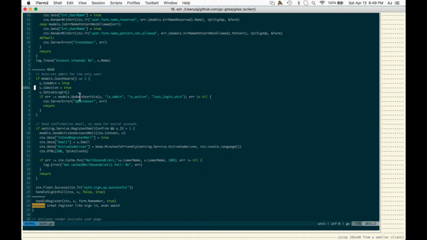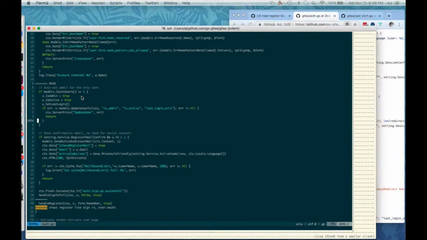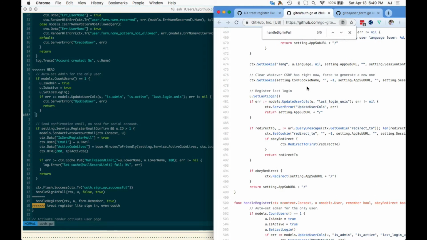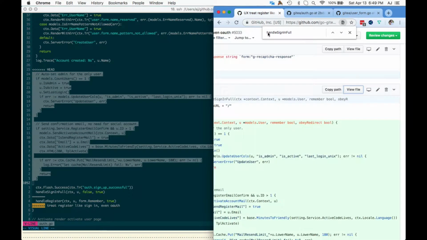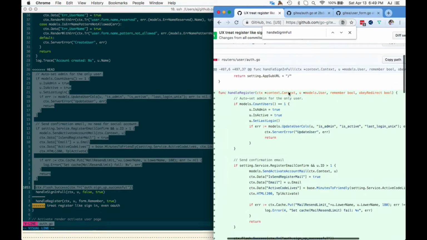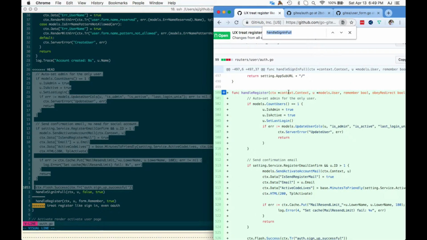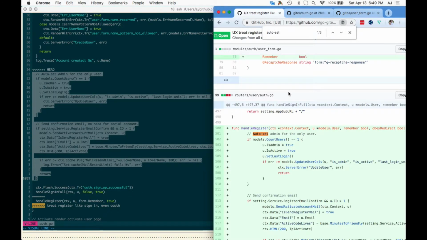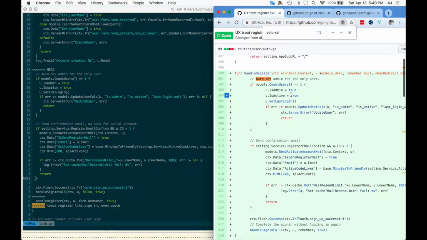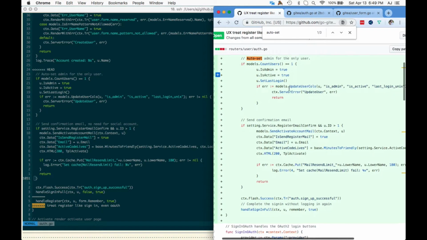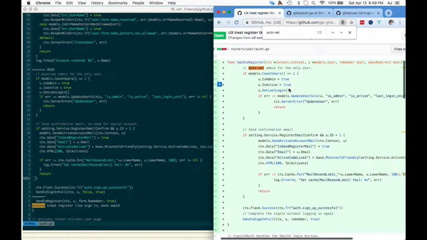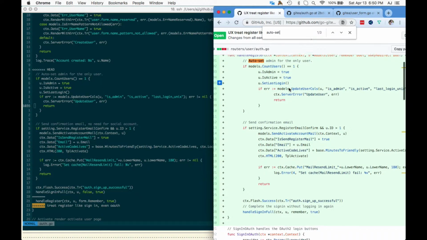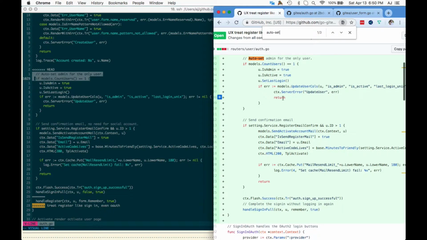And this is going to be essentially the same thing. We just need to see if the old one is the same as the one that we're looking at now. So I'm going to go back over, look at the diff. And this one says auto set admin for the user. So that was all moved into handle register, it looks like. All right, models, counters, one, is admin, is active.